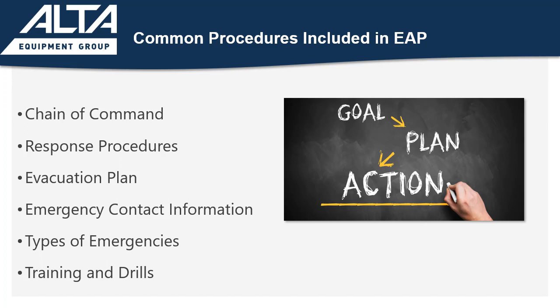When emergency response procedures are known, practiced, and followed in emergency situations, the emergencies will result in fewer injuries and damage to a facility. ALTA's Emergency Action Plan includes information such as on-site emergency personnel names and phone numbers, evacuation routes and evacuation procedures, emergency contact information for local emergency services, key personnel, medical facilities, and external support agencies. Types of emergencies and how to report them.